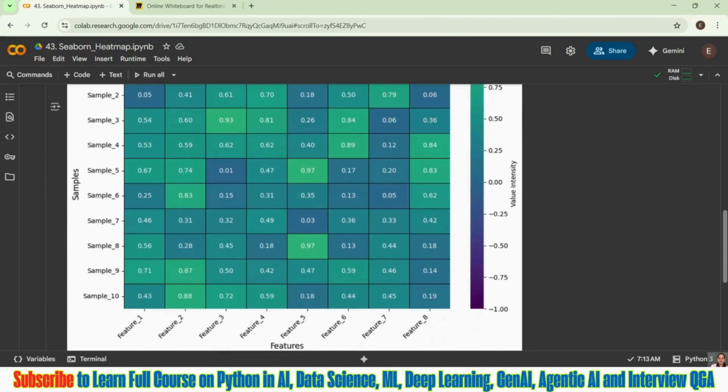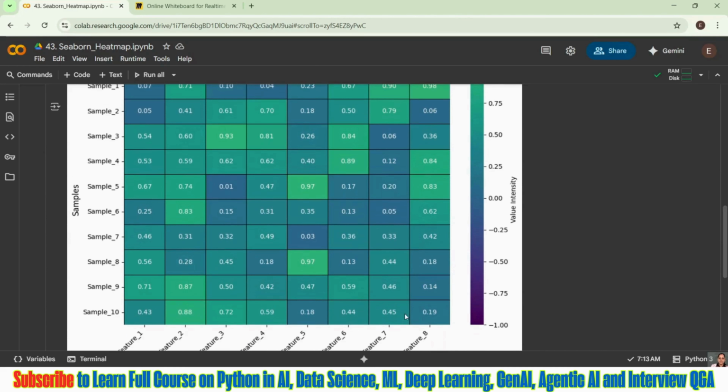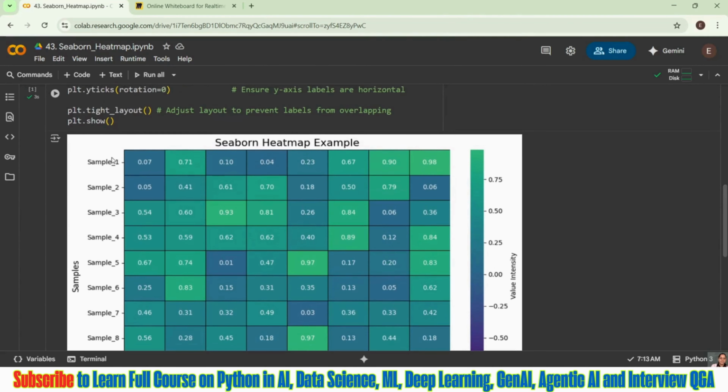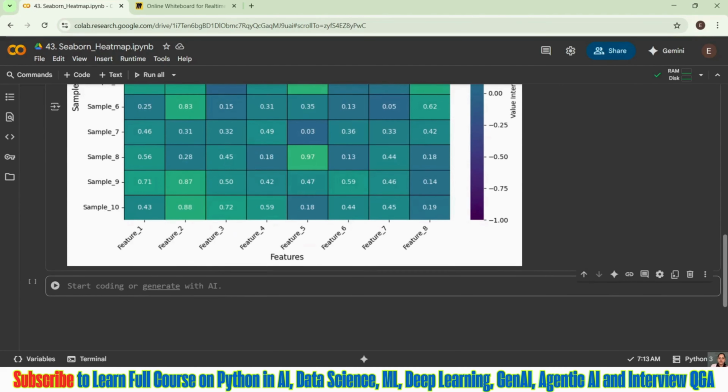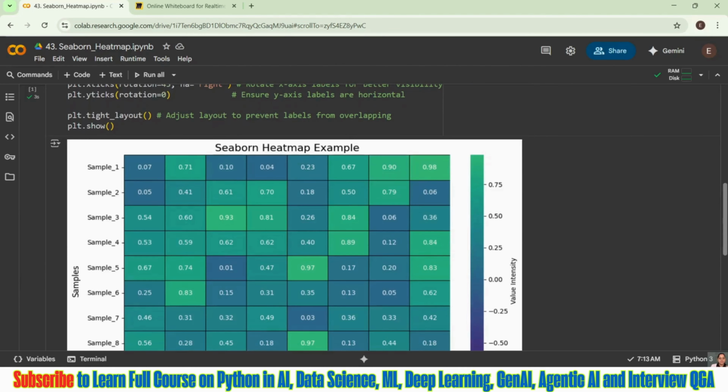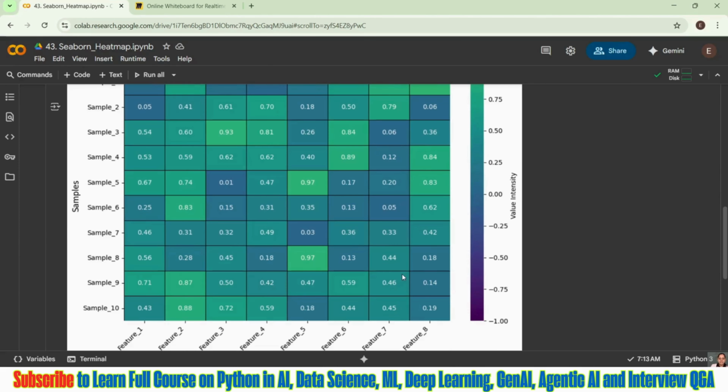That means if you see this plot, feature 8 and sample 1 have high correlation because that value is 0.98. Similarly, 0.90 is high. Feature 7 and sample 1 also have high correlation. Similarly, do we have any other 0.9 values?